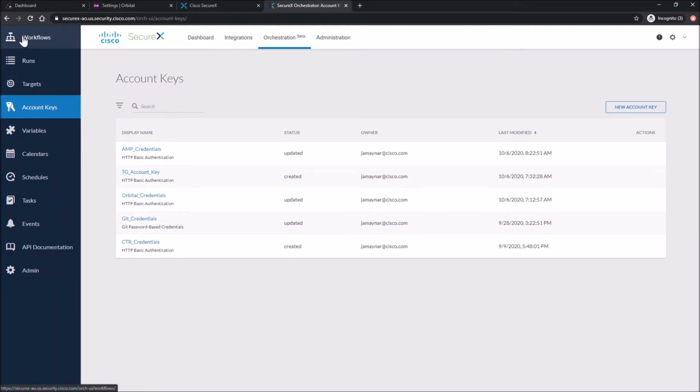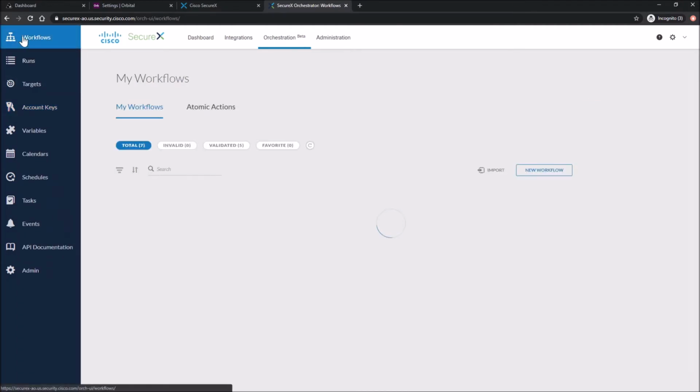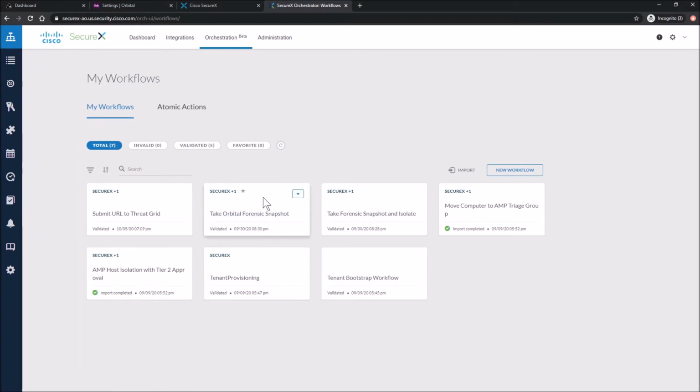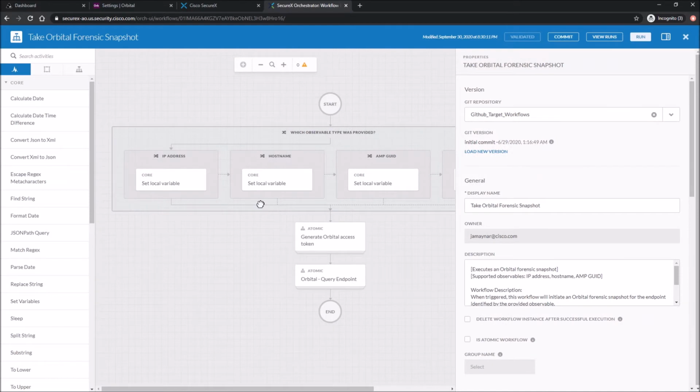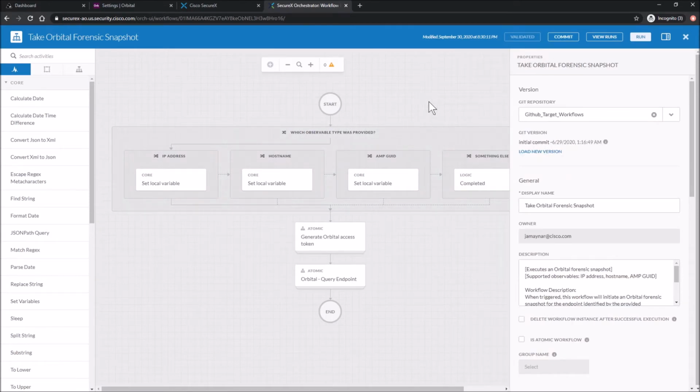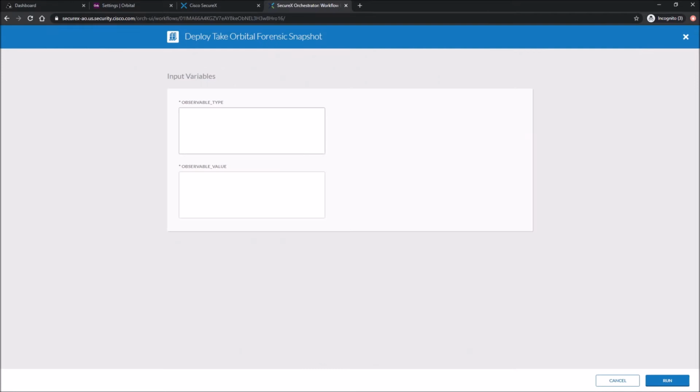Then we'll go into workflows, go into take orbital forensic snapshot, and we need a couple observable types. So it could be IP address, it could be host name, AMP GUID. If it's something else, we're not going to actually continue the workflow. So I'm going to go ahead and paste in the AMP GUID